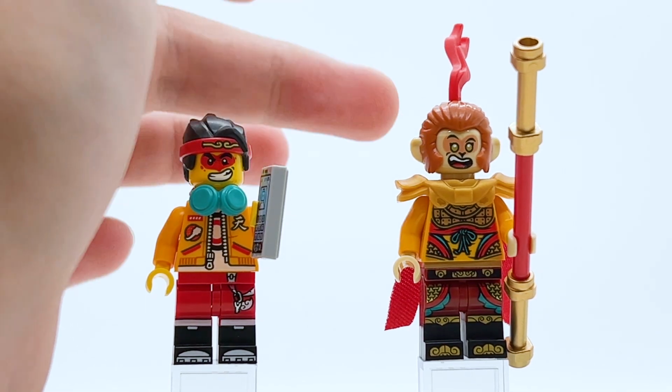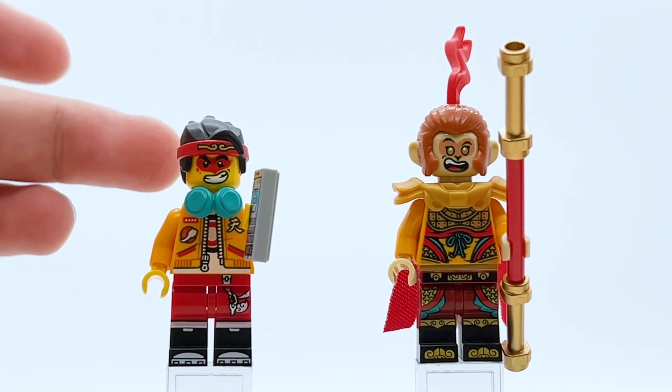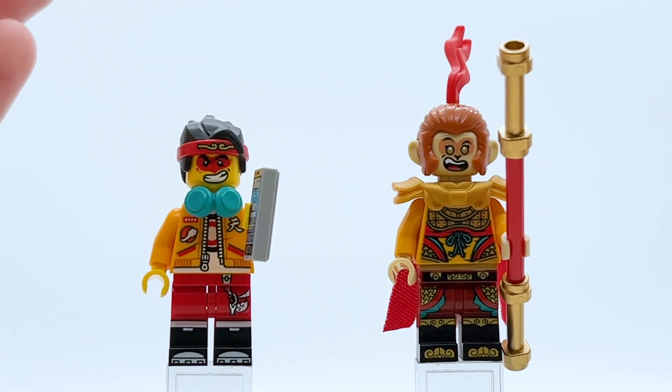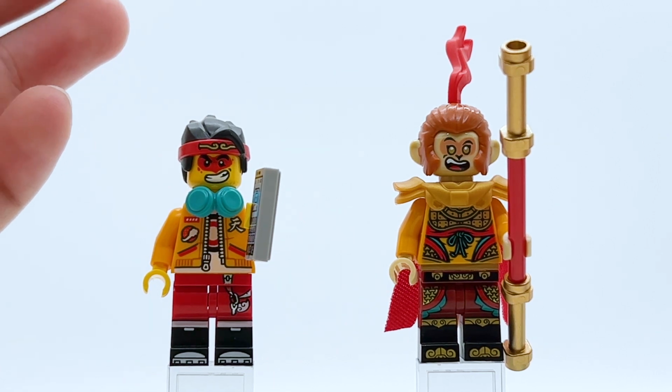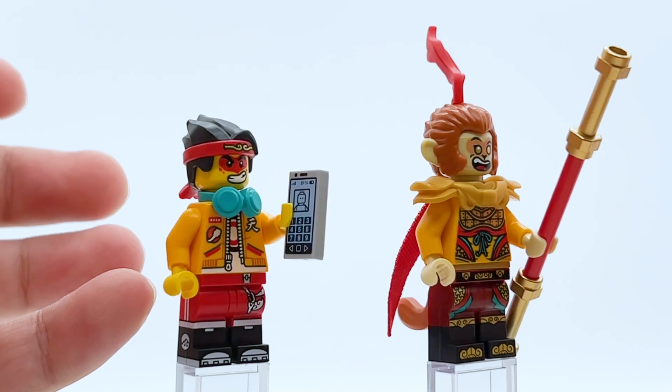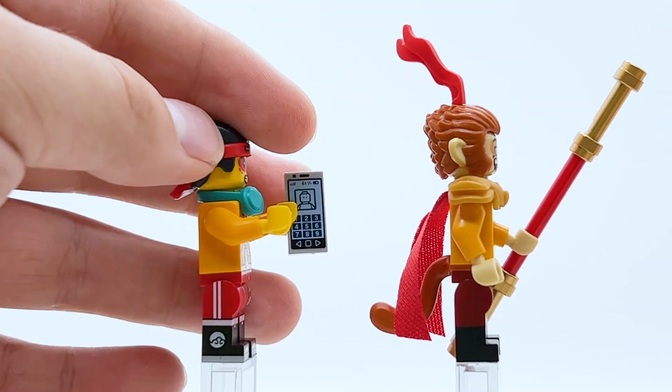We have Monkey Kid and we have Monkey King. These are both figures that have come in other sets, so I don't have a ton to say about them, but they are both really fantastic. LEGO went all out in designing the Monkey Kid figures for the first wave, and even later waves too. And that very clearly shows. The dual molded legs on both of them are really amazing,